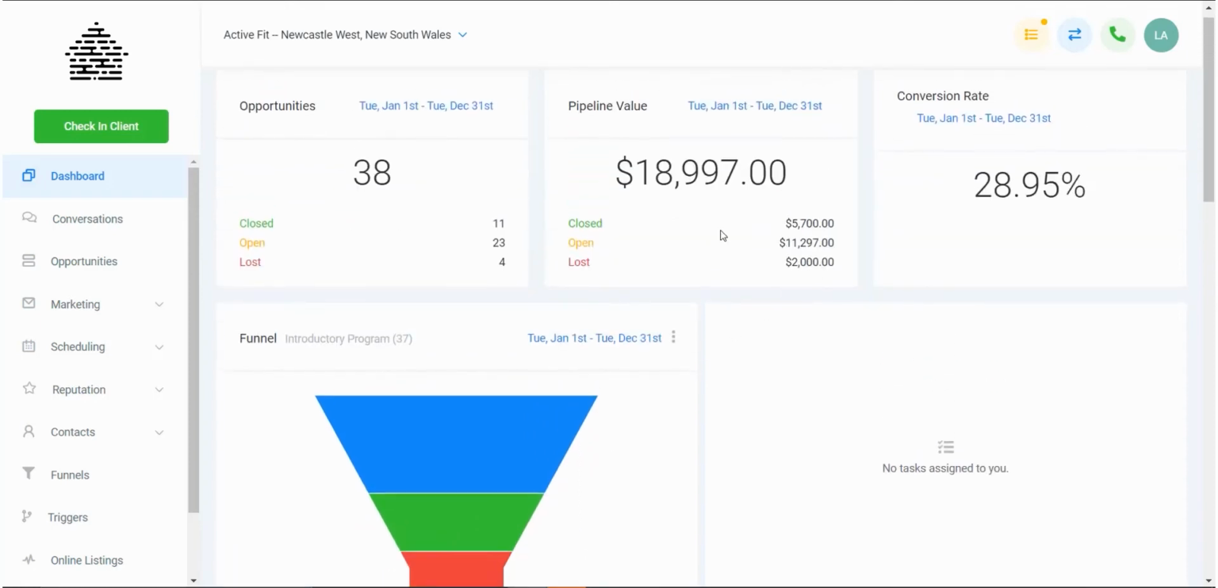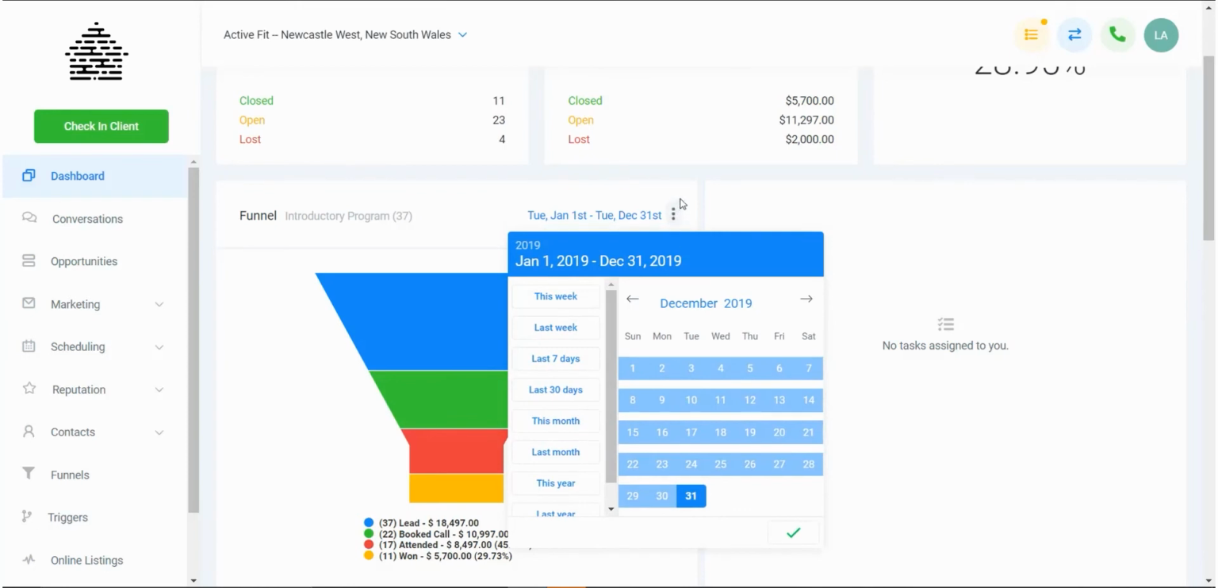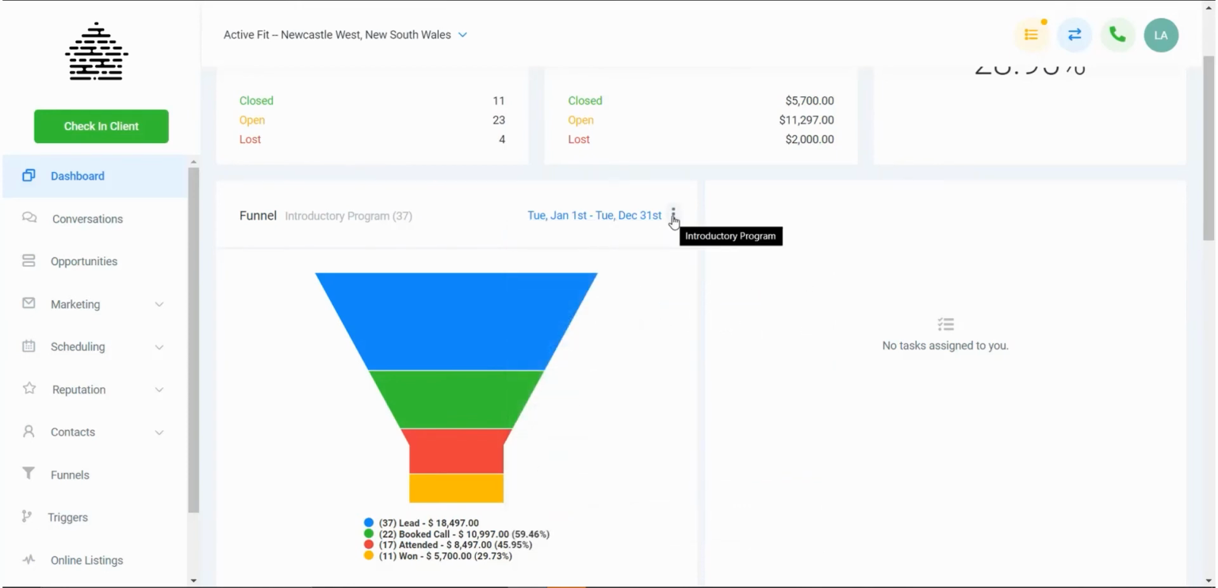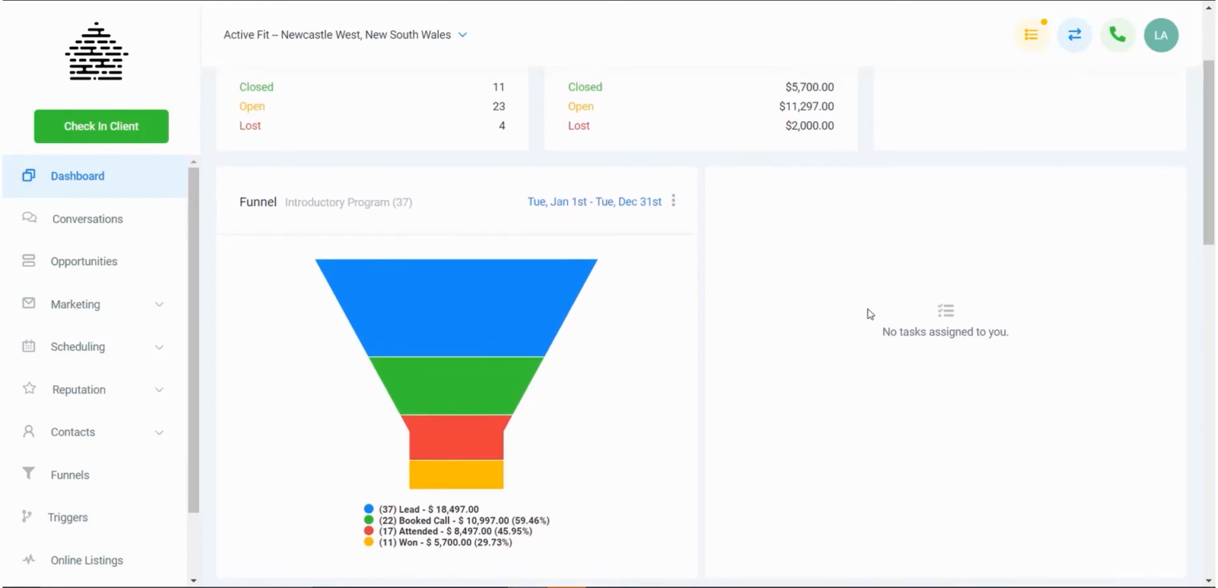And that ties into this number up ahead, right? So basically what you're seeing here is a visual representation of your funnel. And again, you can toggle the dates and you can toggle between, as I mentioned, the actual pipelines it is. Now, the other important thing that you'll see on this view is any tasks that are assigned to